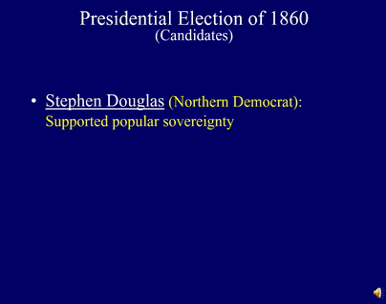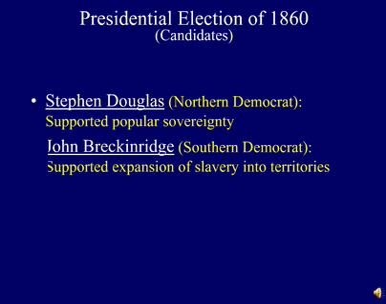The first of the 4 candidates was Stephen Douglas. He was a Northern Democrat and supported popular sovereignty as the solution as to whether slavery should expand into new territories. The Southern Democrat, as the party split in the election, was John Breckinridge, who supported the expansion of slavery